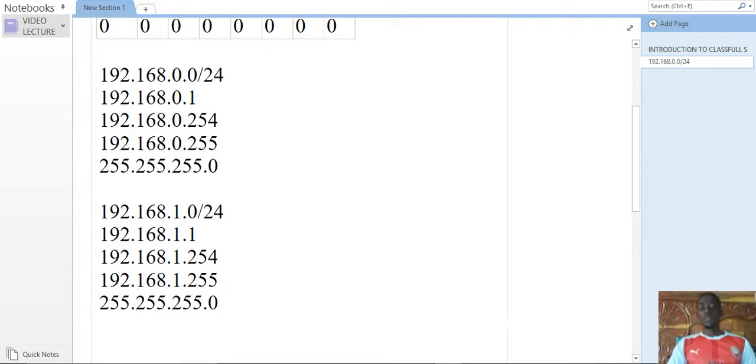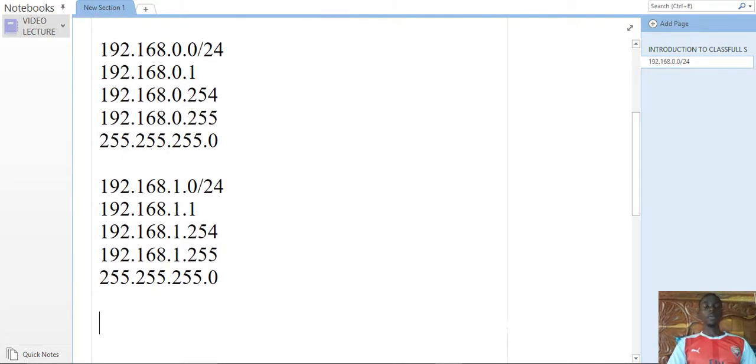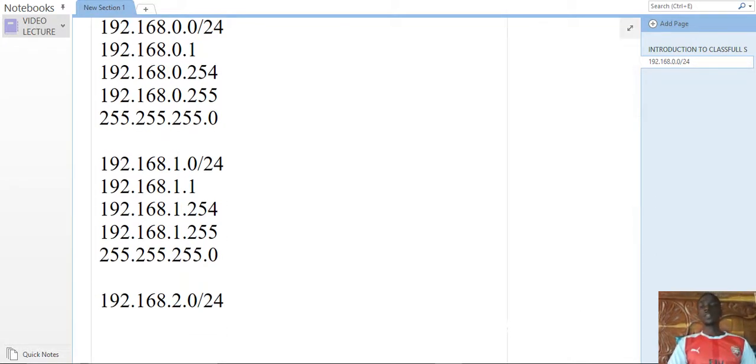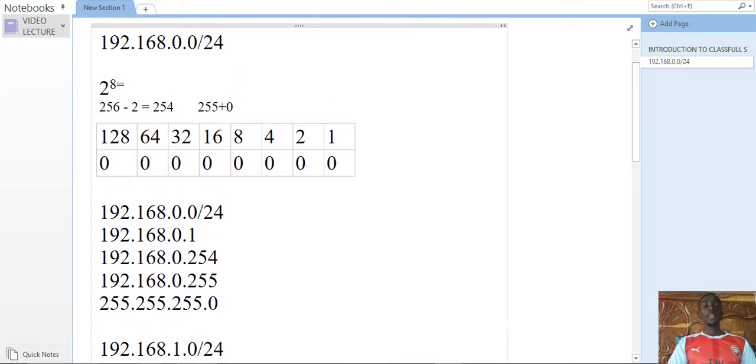Third network, this is our second network. Our third network, what would it be? Well, now we have 255 here. Remember your clock. Therefore, if we have 255 here, now this one will turn to what? 2. So, good. Now that's the next network. So we have 192.168.2.0 slash 24. The broadcast address for this one is, you go back right here and then you convert the